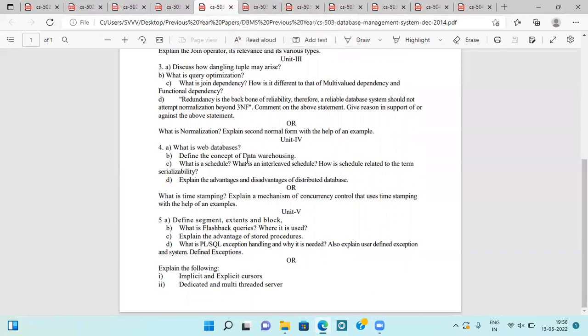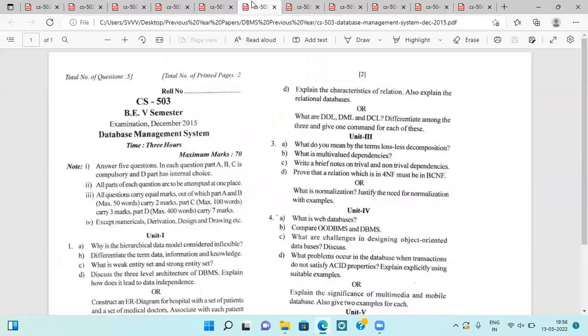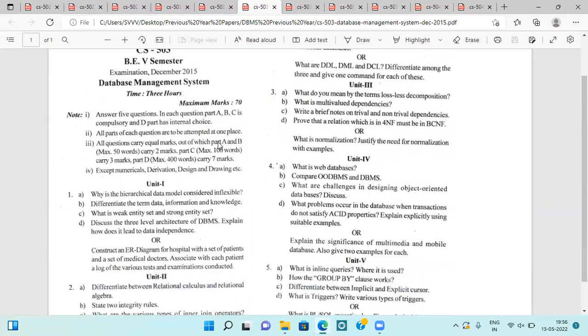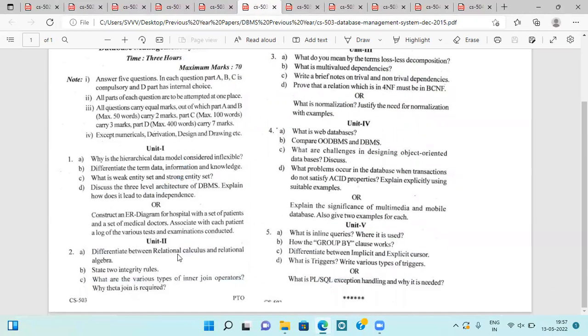So this is all about this question paper. Next is the question paper of December 2015, in which they are asking about hierarchical data models considered inflexible. Differentiate the term data, information and knowledge, weak entity and strong entity set, three-level architecture of DBMS, ER diagram, relational